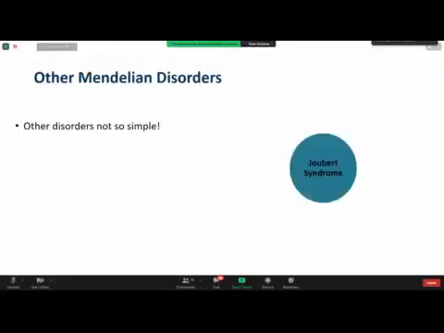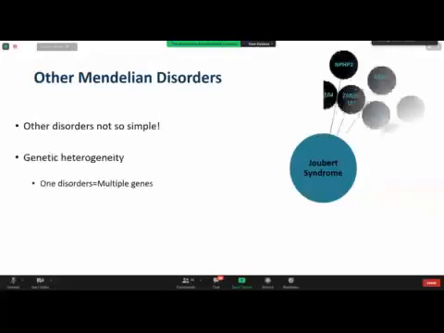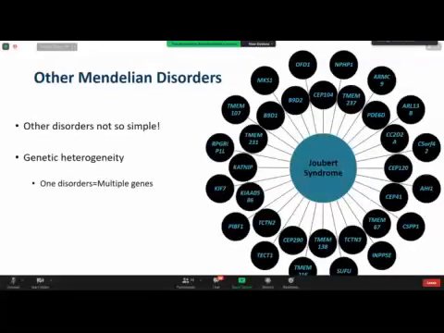But then we have other conditions where there is no single gene causing the disease. For example, Joubert syndrome. What is Joubert syndrome? It's genetically heterogeneous. Different genes are causing one phenotype. So when you see a patient with this molar tooth-like sign, you read the MRI, you look, and you say, oh, this patient has Joubert syndrome. But how are you going to diagnose that syndrome genetically, because there are many genes,